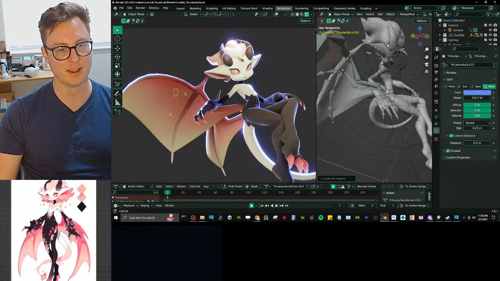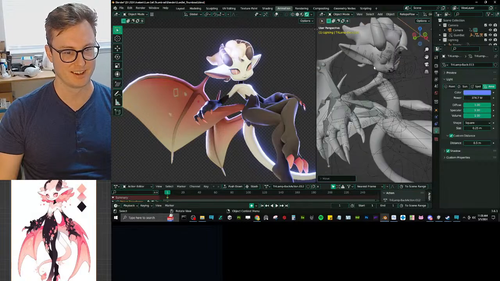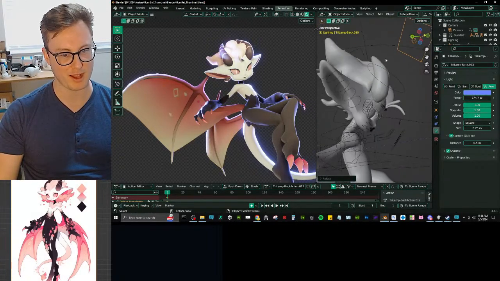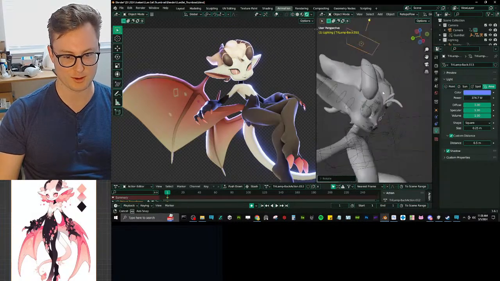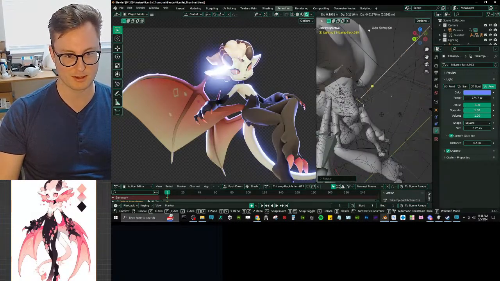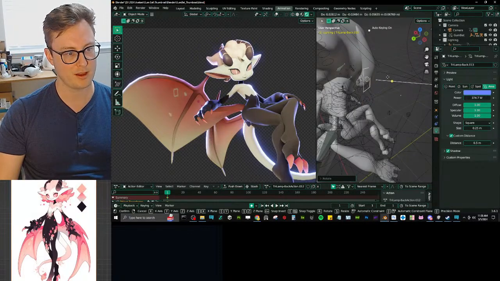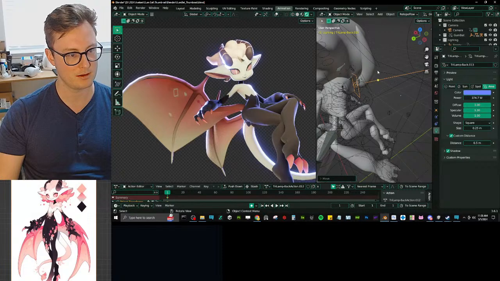This is really fun. It's amazing how a lot of this just evolves into I just want a little highlight right there, right on the edge of the horn or something like that. Just spend a chunk of time trying to figure out how to get a light just right there, just on that one spot,